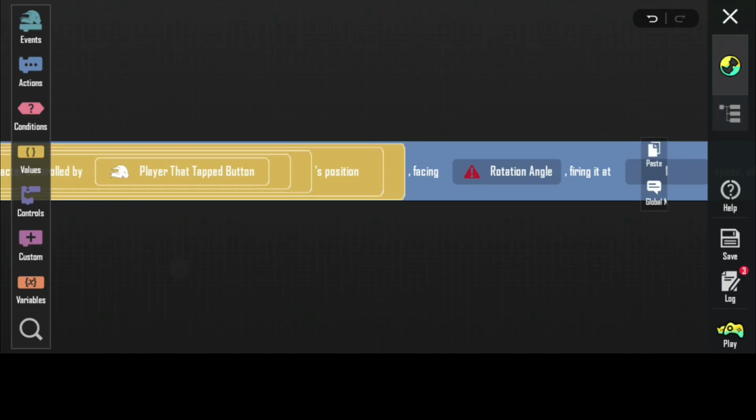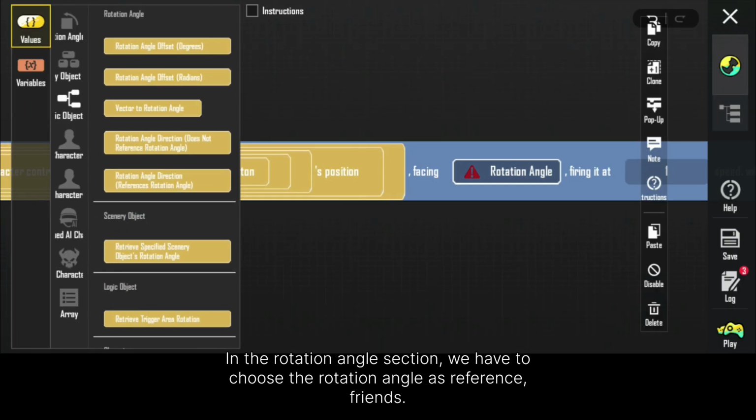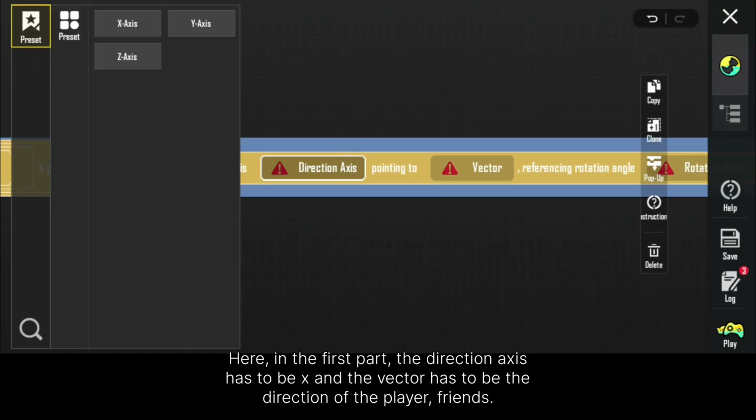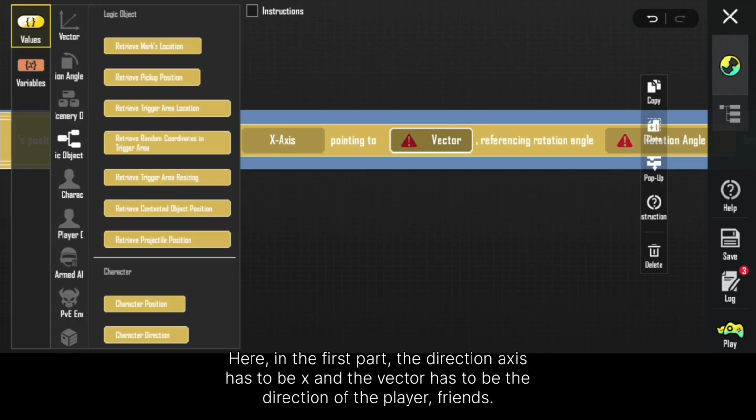In the rotation angle selection, we have to choose the rotation angle as reference. Here, in the first part, the direction axis has to be x, and the vector has to be the direction of player.